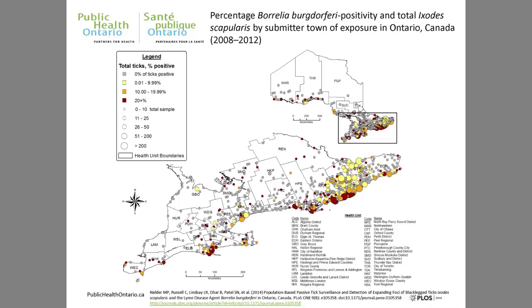So this is one of the papers we showed where we looked at where the ticks are coming from and where the positivity rate is. So again, this is both by exposure, but again, getting large numbers of ticks coming from that St. Lawrence area, down around Lake Erie a little bit, and then we're getting that little bit up in the northwestern area. And the rate of positivity can have quite a bit of variation, but you can see, where we're getting the large number of ticks, this also seems to be the areas where we're getting a higher positivity rate, which is usually explained because those areas have been established longer, more ticks there, that's where we usually get the higher positivity rates.